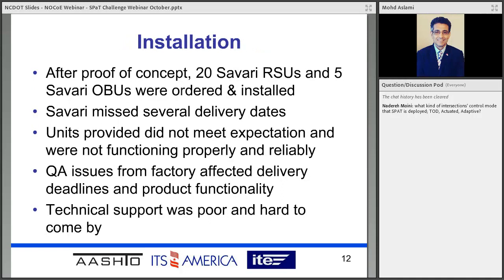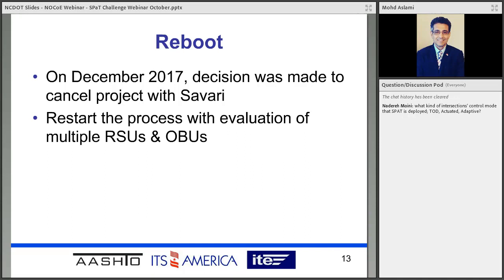Unfortunately, we ran into some problems with the Savari RSUs. They missed delivery times. There was a problem with the units themselves. Then the unit had to be sent back for firmware upgrade. Technical support was not really available. I think their engineering department was in India, and the sales department was here in North America. So whenever we needed to get technical support, that presented a challenge because of the time zone and the difference in night and day. So there were a lot of issues with getting technical support. So based on those challenges, we decided to reboot and restart the process, and